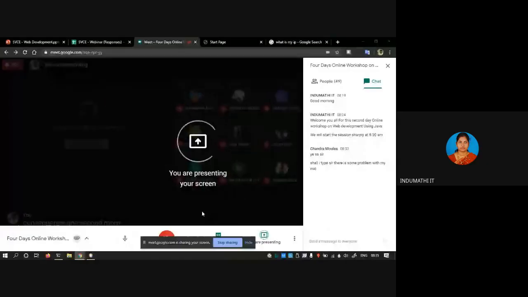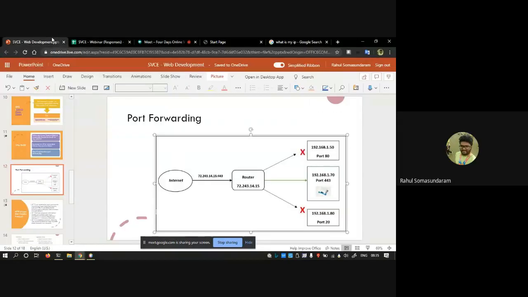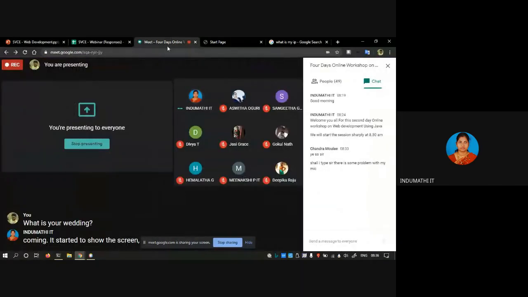Excuse me, Rahul. Screen is not visible now. One second, ma'am. Okay, got it now, right? Yeah, it's coming now. Yeah, thank you. Okay, fine. This is the basic workflow of port forwarding. Just a minute. Still, it's not coming. It started to show the screen, but still we are not able to see it.